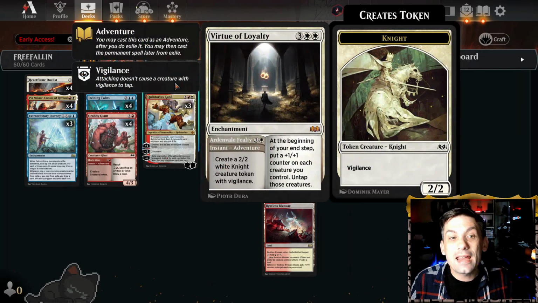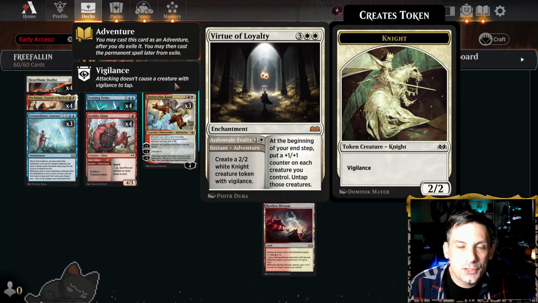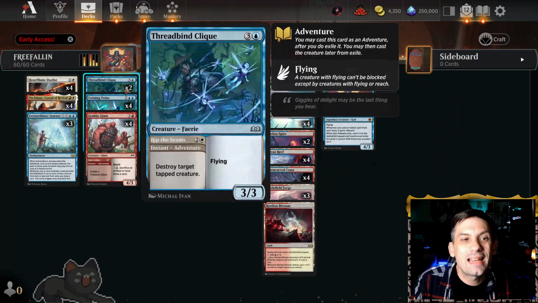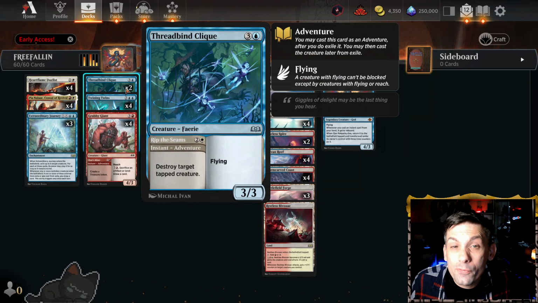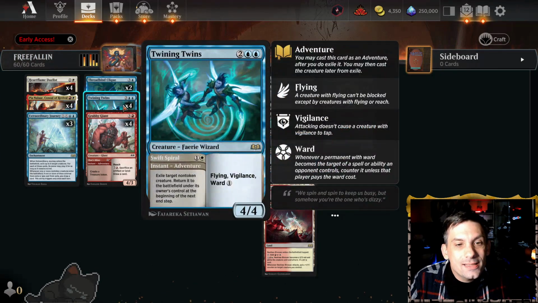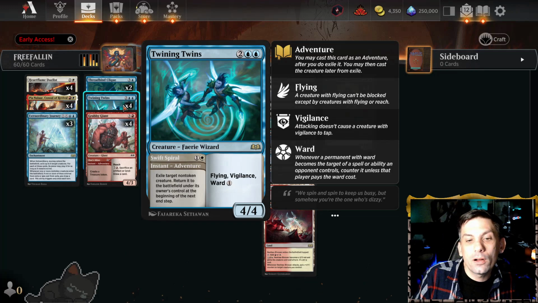You can do the same thing with Virtue of Loyalty. Make a 2/2 White Knight creature token for just 2 mana, and then on your upkeep get a free Virtue of Loyalty. We do the same thing with Threadbind Clique. This allows us to have removal in the deck and then just get a free creature. Twining Twins lets us temporarily deal with some of their threats or save some of ours, and then gives us